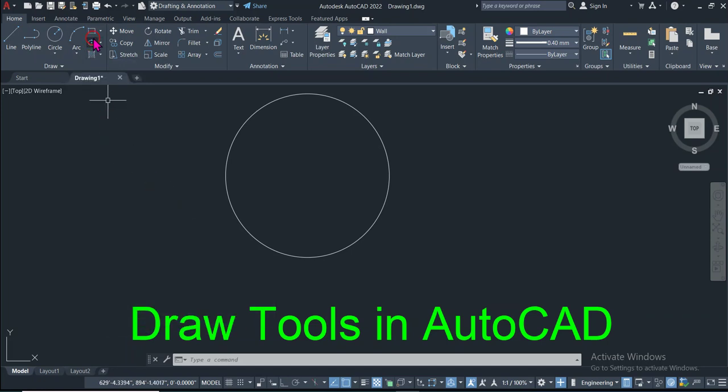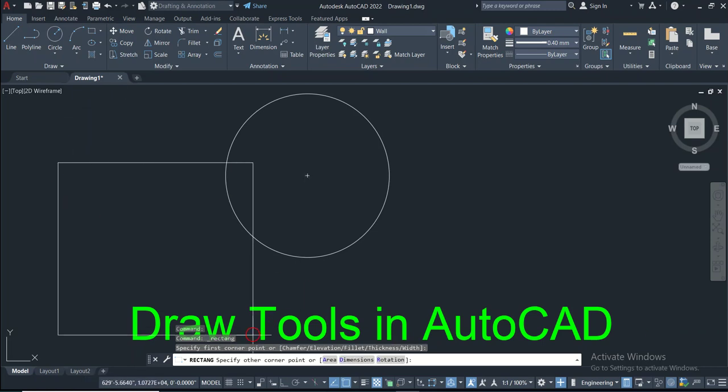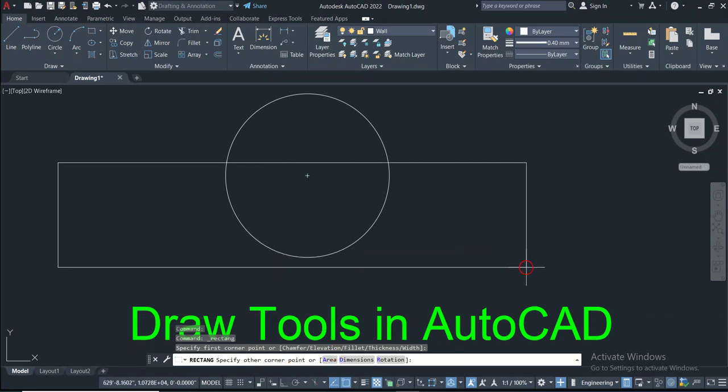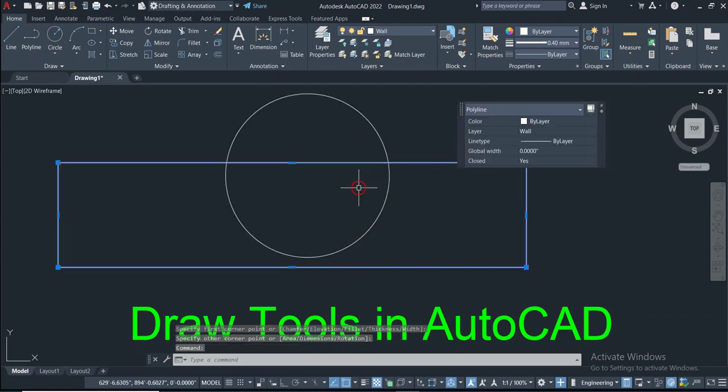The next option in the draw tool is this rectangle. When you click on this drop down button, there are two options. One is the rectangle and one is the polygon. So you can draw a rectangle when you click on the rectangle. Now you can see in the command line it requires you to specify the first corner. So by default I click here for the first corner. Now you can see in the command line it requires you to specify the other corner. So let's suppose this is the other corner. So you can see a rectangle has been created,